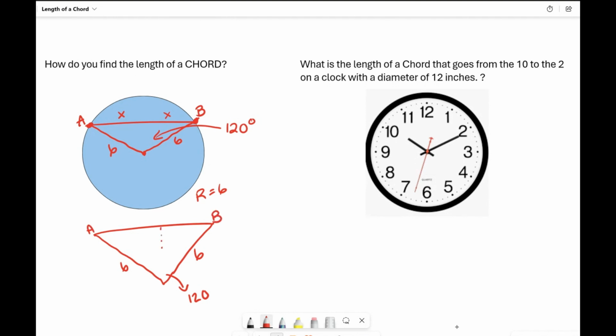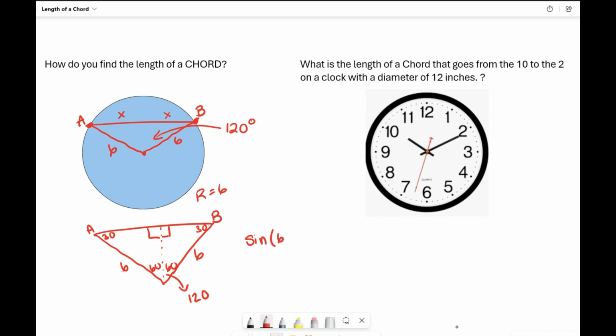Well, if I were to turn this into two right triangles by adding a perpendicular that would bisect this angle, making it a 30, 60, 90 triangle. And if you're given an angle and a side on a 30, 60, 90 triangle, you can find all of the other sides. So here we have that the